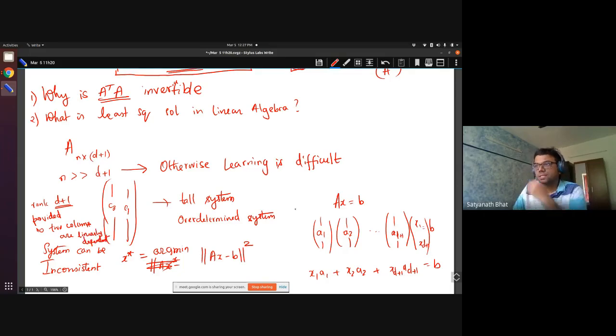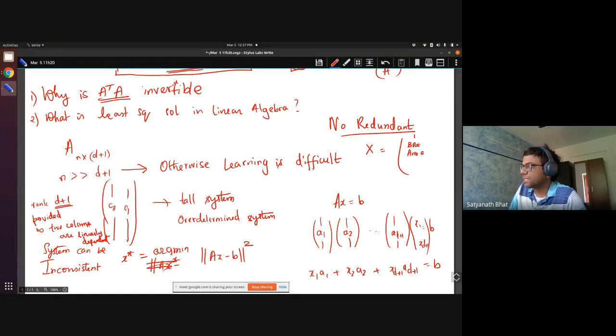So what that means is if your features are such that you don't have any redundant feature. Let me try to explain when redundant features will come. Let us say area is one of the features. You have your X, and there are several things here. You have number of bedrooms. You have area in square meters. Then you have area in square feet.